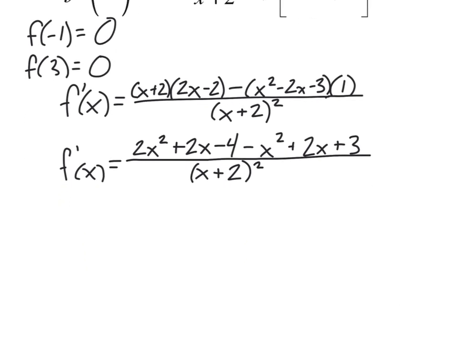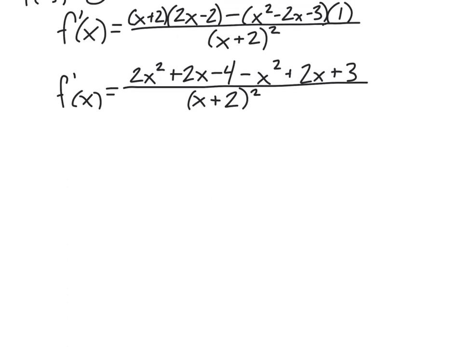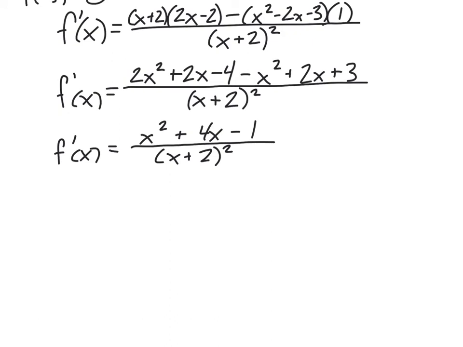Now that we've gotten to that point, go ahead and keep combining pieces from there. And when I combine the like terms on the top there, this is what I end up with. So my numerator is x squared plus 4x minus 1. And the first time I did this problem, I thought, please tell me I made a mistake someplace. And I went through and I double checked my work to make sure I didn't make a mistake. And sadly, I hadn't, because